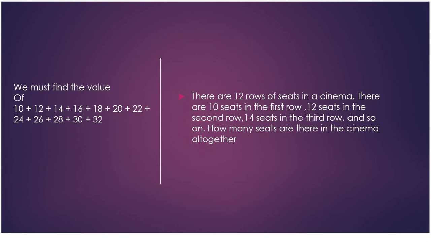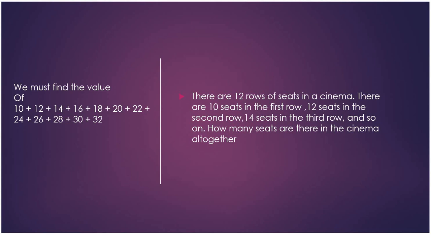I start with 10, right? And because the question tells us there are 12 rows, I knew that my number sequence has to include 12 numbers. I start with 10 in the first row, and then I found the relationship between the numbers, which is